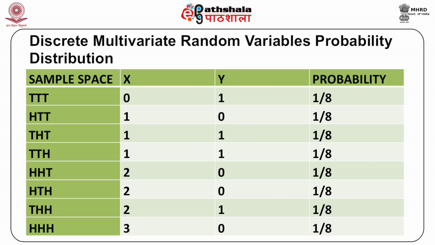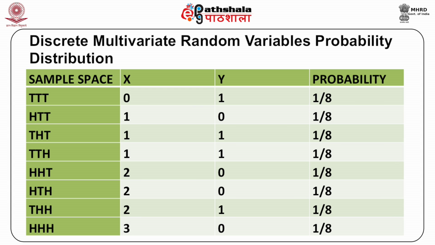Once the joint probability mass function has been determined for discrete random variables X and Y, calculating joint probability involving X and Y is simple. As a simple illustration for a two discrete variable case, in a toss of three coins, let X denote the number of heads occurring in three trials. Thus, X is equal to 0, 1, 2, 3. Let another random variable Y be defined as follows. If the first of the three tosses results in heads, then Y is equal to 0. If it results in tails, Y is equal to 1. Thus, the range of Y is 0, 1.